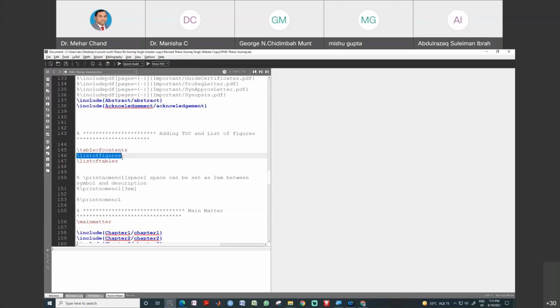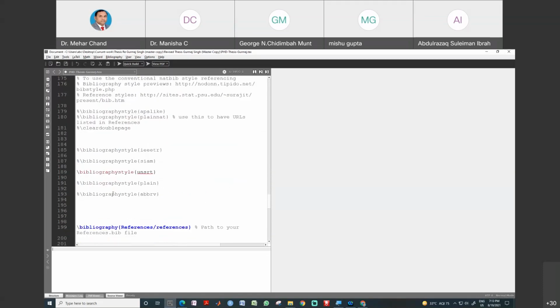This will be used for the list of the figures, the list of all figures which appear in our thesis or in our book. This will return us the list of tables, all the tables which appear in our thesis, and the content. Content will include chapters, their headings, their subheadings, all the things with their numbering. So these 3 commands will manage and return the information about your whole thesis, including your chapters.